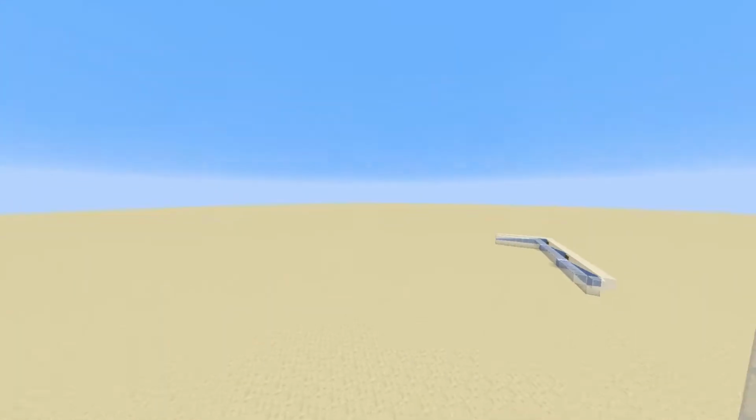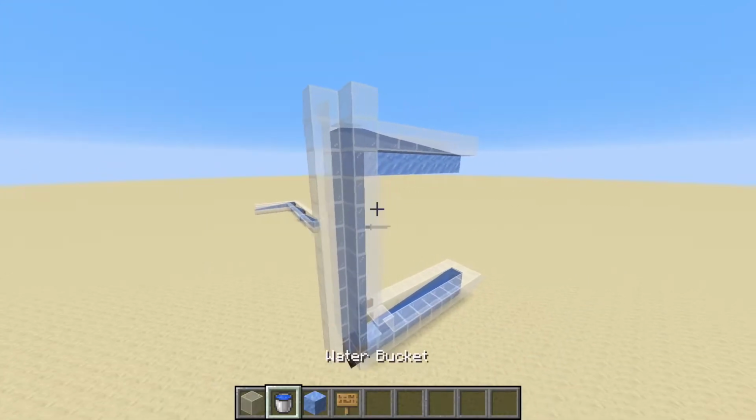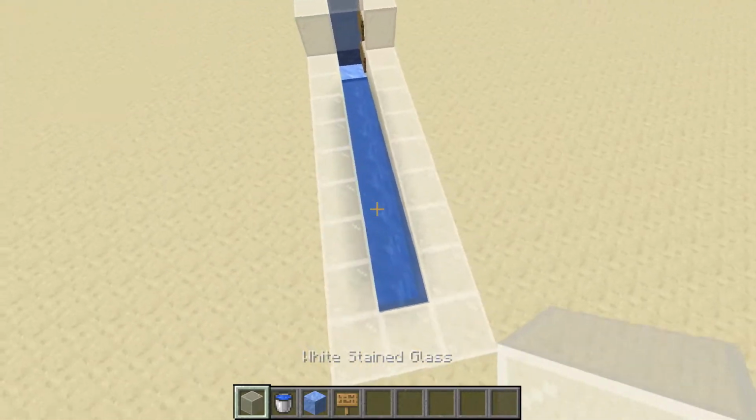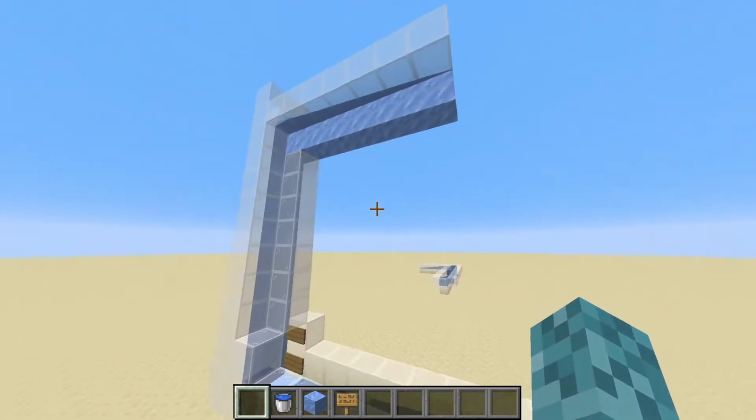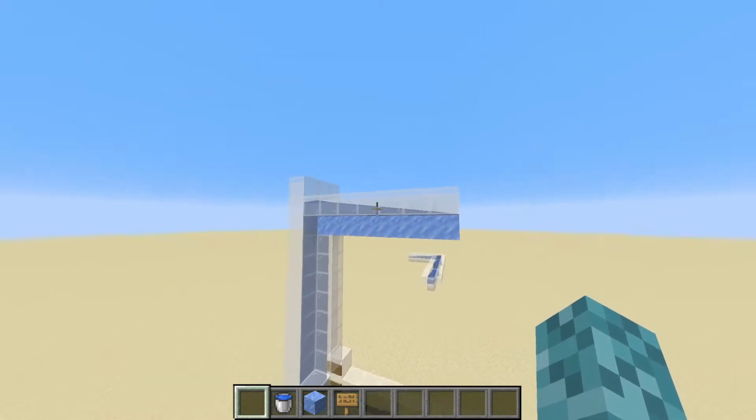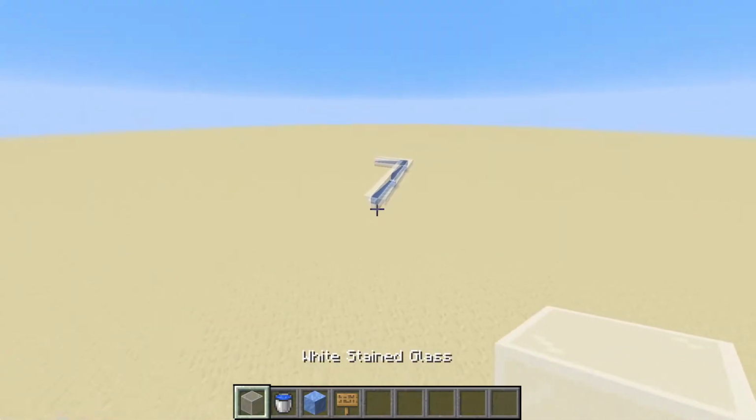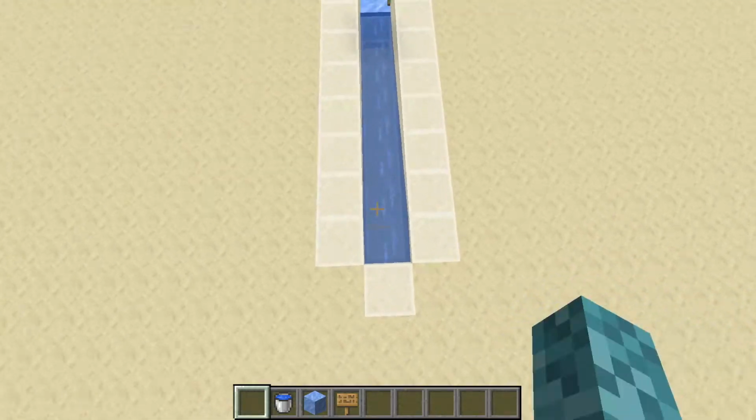Water streams can be used to make a storage system in Minecraft. In this video I'll be talking about a couple of different techniques to build your water streams, like this one right here. We can toss an item in at the bottom and have an elevator up to the top, or vice versa, we can have it going down to the bottom, or we can just have a traditional item stream here, where it flows across.